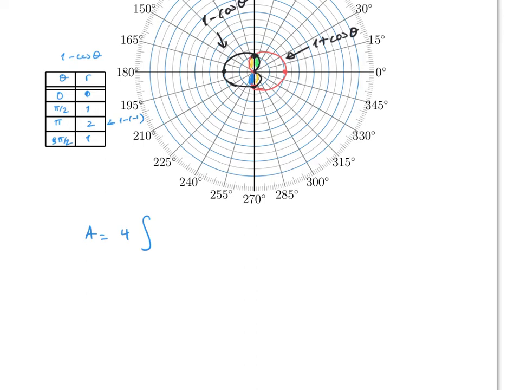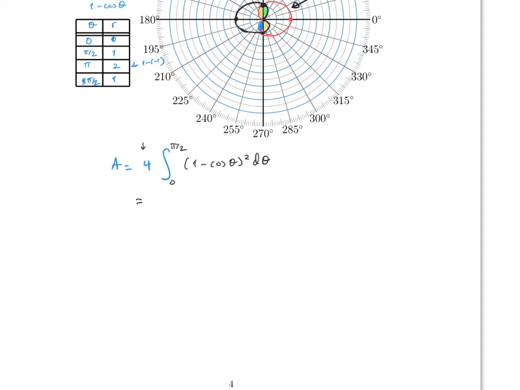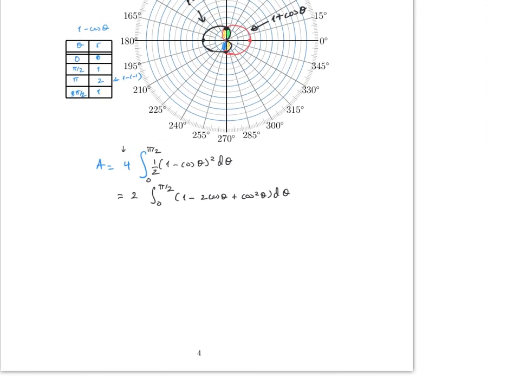So if we do that, this will be the integral from 0 to pi over 2. Remember, the 4 is because you have 4 pieces that are symmetrical. And this will be 1 minus cosine theta squared d theta. We have seen this function like 100 times by now. Also remember you need to have the 1/2 in there. That's the area formula. The 1/2 and the 4 give you 2. This is the integral from 0 to pi over 2 of 1 minus 2 cosine theta plus cosine squared theta d theta. Using the same identity we did before, this will be 2 times